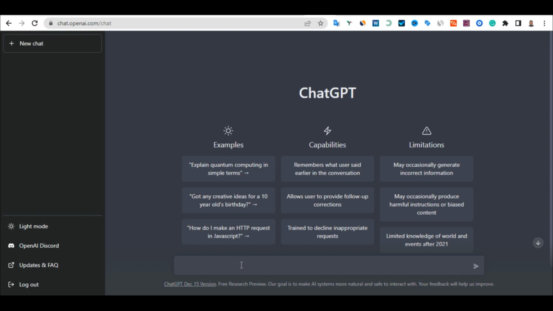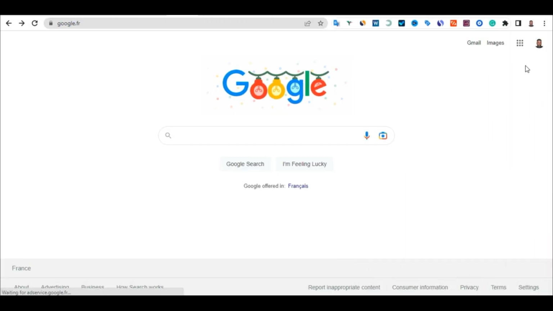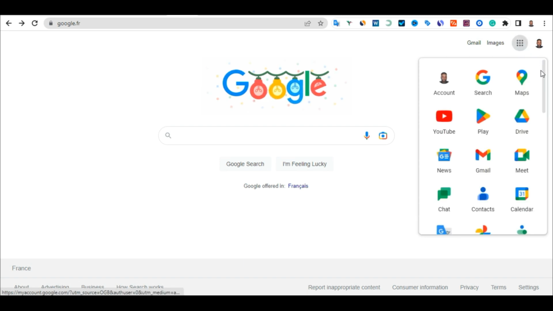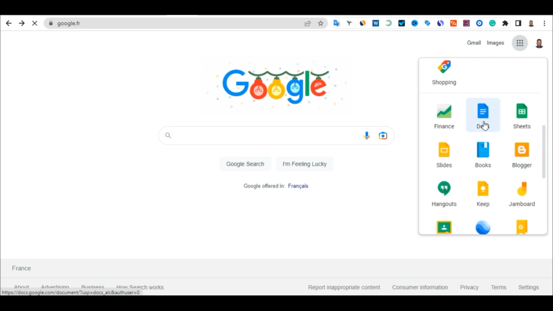So the first thing you have to do is go and open a Google Doc for your client. Let me say you want to write a blog for your client. Let's go to Google now. Before we start writing, let me quickly show you something on Google. When you come to Google, just click on this box icon here. Make sure you log in with your Gmail and scroll down a bit. Once you scroll down, open Google Docs. Once you click on it, it will open your Google Doc for you.